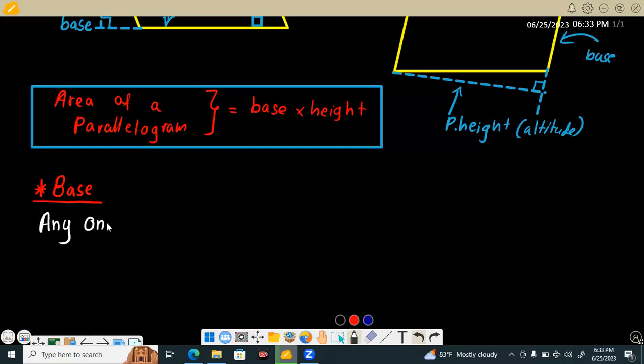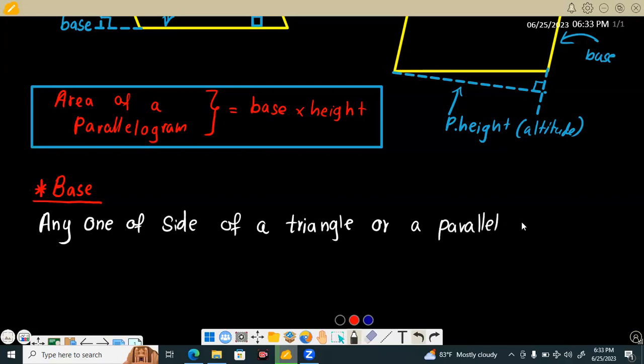Any one side of a triangle or a parallelogram can be considered